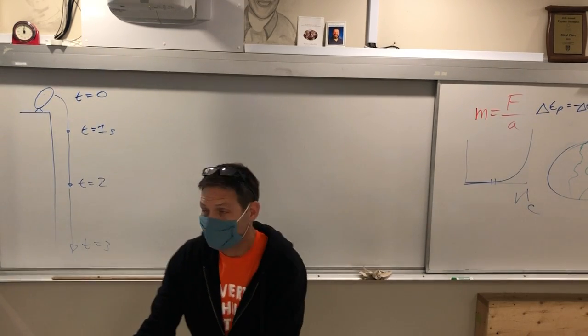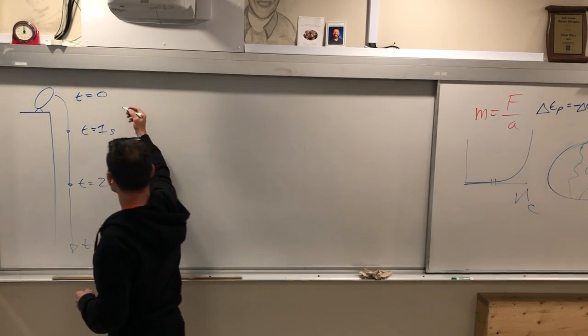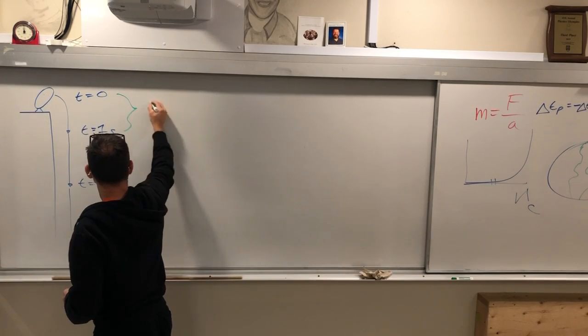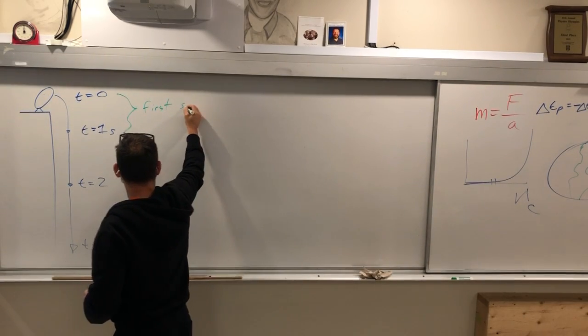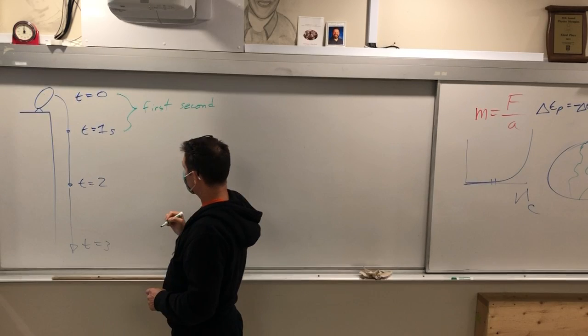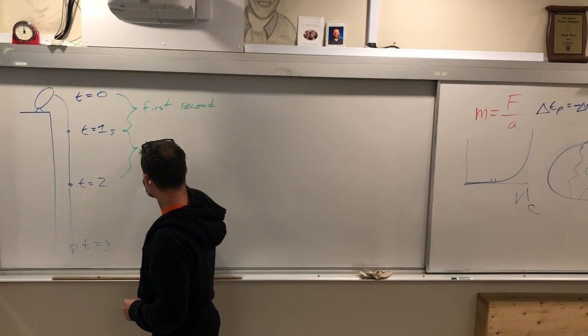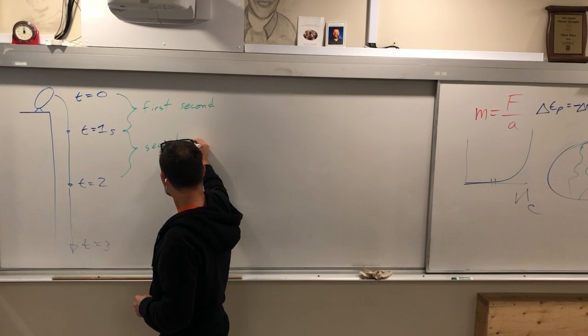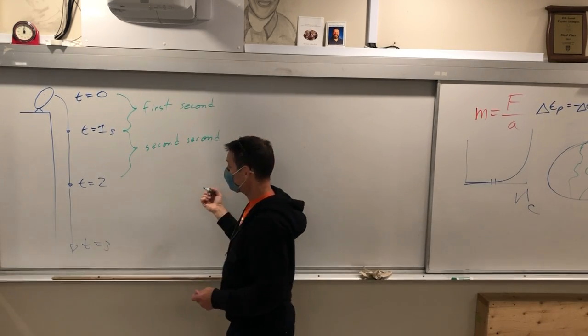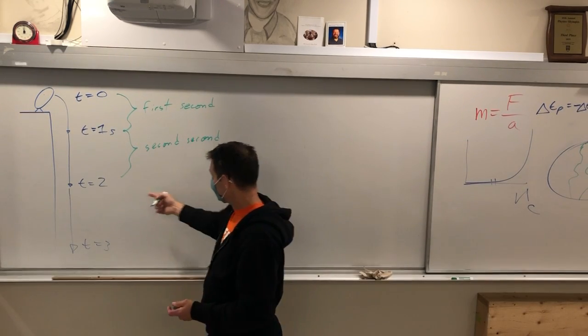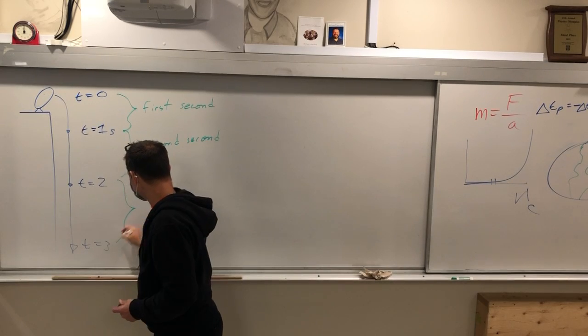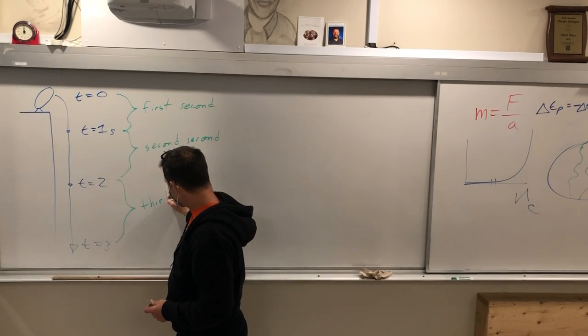It's kind of weird, but this is the first second. It's funny words, but this is the second second. You can see why it's confusing. And this is the third second. So what you want to do